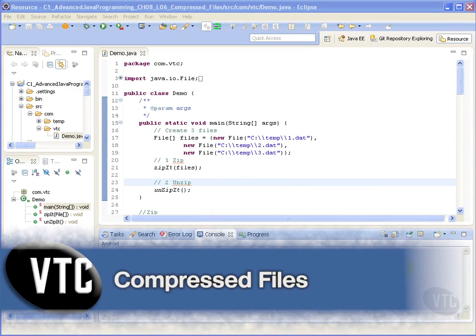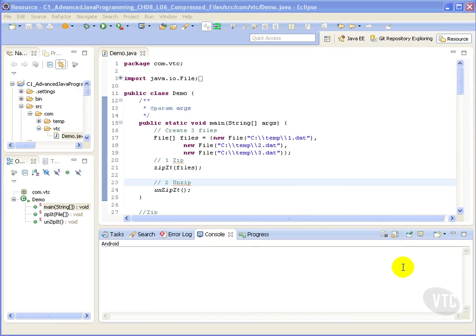In this video, we will introduce compressed files within the Java programming language. A compressed file or zip file is a compressed format file and takes less space than the original file. Many files which are available for download on the internet are stored to a zip file. When the original files are needed, the user can extract the original files from the zip file using a zip